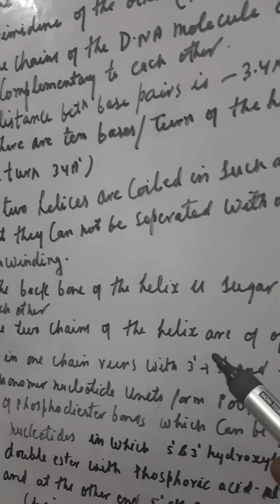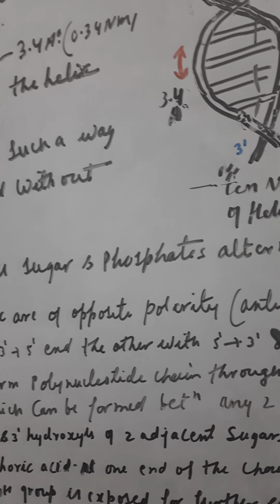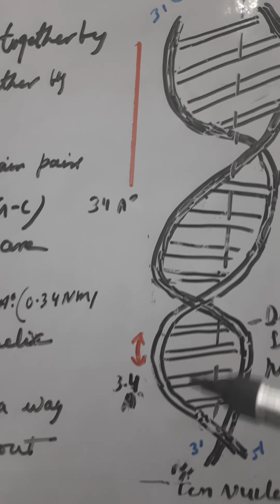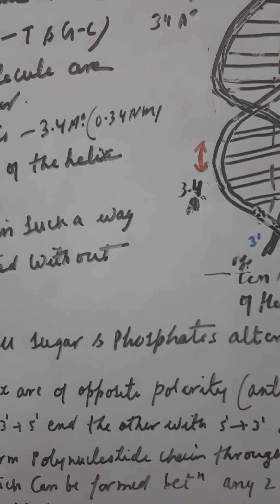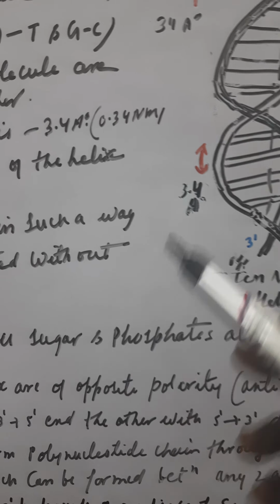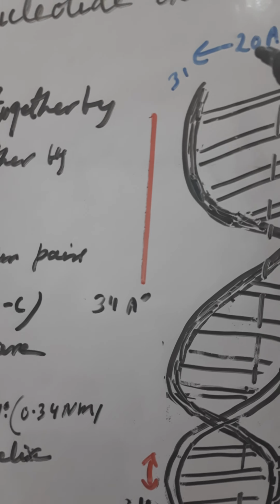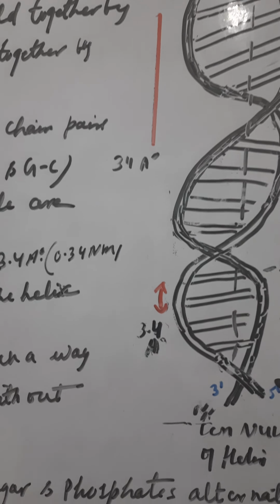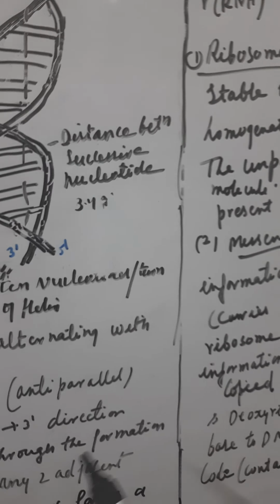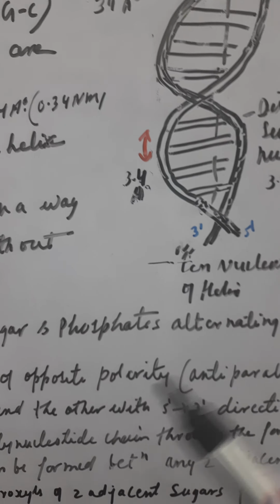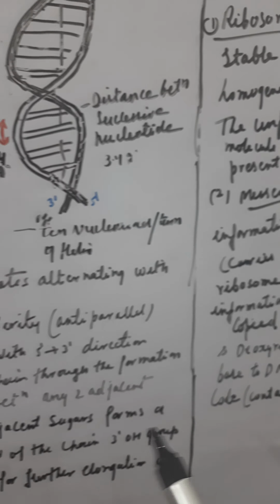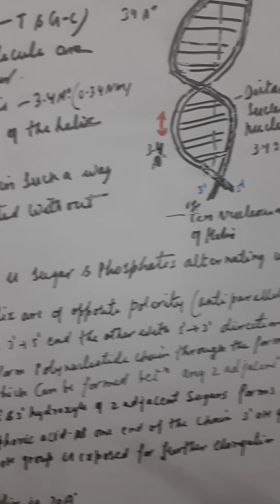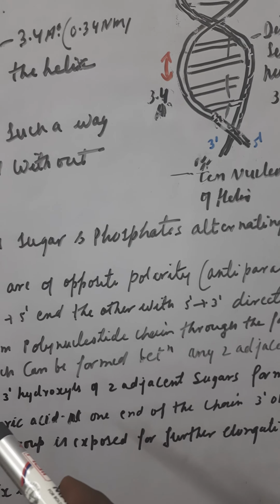The two chains of the helix are of opposite polarity, that is, anti-parallel. Here these two chains are of opposite polarity, and one chain runs from the 3' to 5' end. If this chain is running 3' to 5', then the other will run 5' to 3'. Then here you can say the direction for the polynucleotide: the monomer nucleotides, that is the single nucleotide,